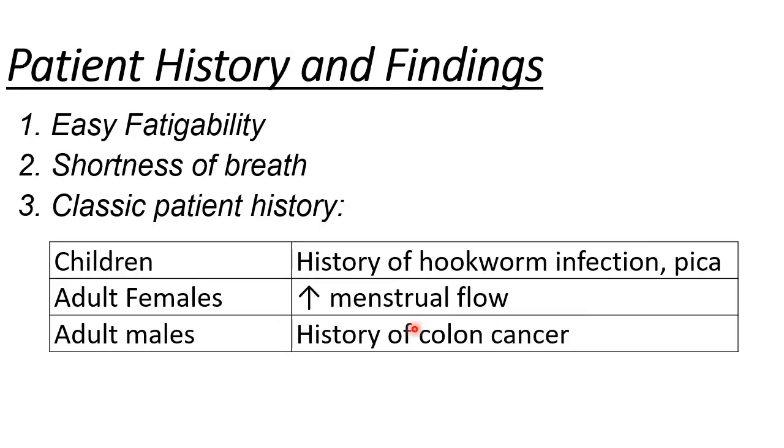Unahin natin the patient history and findings, the usual expected physical examination, and yung clinical signs and symptoms ng mga patient suffering from anemia. So first, easy fatigability, madaling mapagod. Bakit kaya? Because oxygen, which is primarily carried by your hemoglobin, is the major component of ATP, which is yung energy natin, source of energy natin. So pag mababa ang oxygen, mababa ang energy, ang patient madalas nagsasuffer with fatigability.